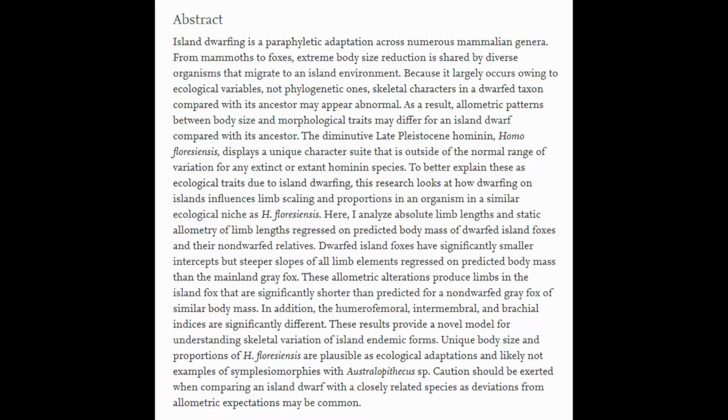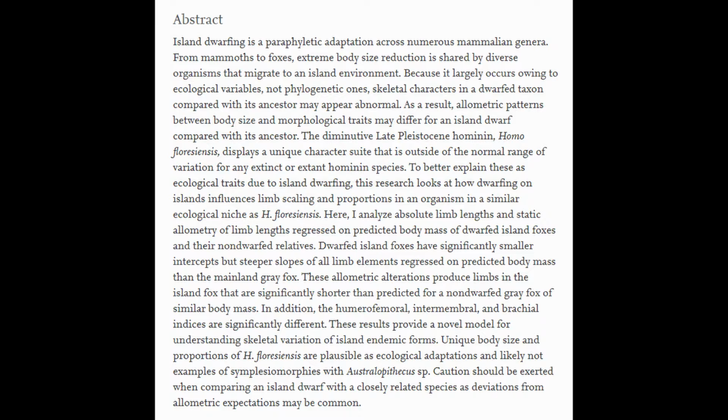Okay. The diminutive late Pleistocene hominin Homo floresiensis displays a unique character suite that is outside of the normal range of variation for any extinct or extant hominin species. To better explain these as ecological traits due to island dwarfing, this research looks at how dwarfing on islands influences limb scaling and the proportions on an organism in a similar ecological niche as Homo floresiensis. Here, this is